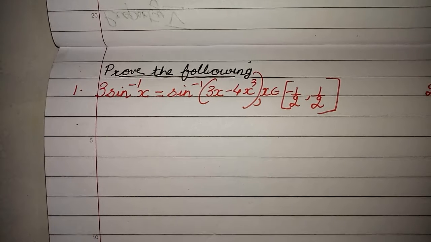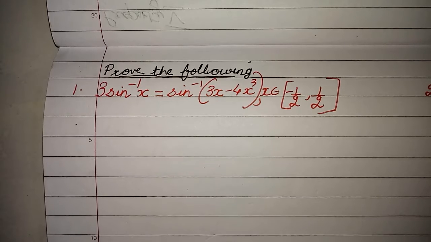In the last class, children, we had discussed properties of trigonometric functions, right? In the last classes, I had discussed the remaining three properties, property number 5, property number 6, property number 7 of trigonometric functions. Now, using all the 7 properties, we are going to solve problems based on inverse trigonometric functions.